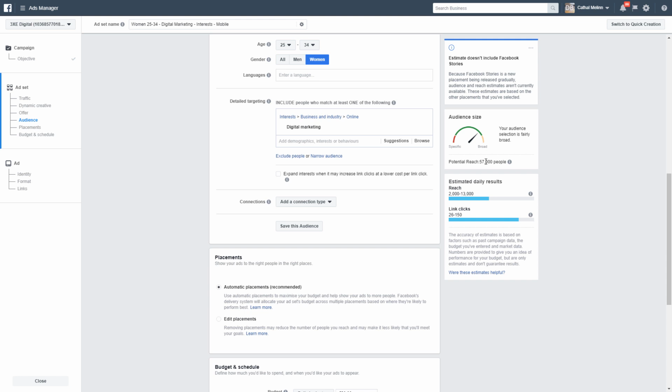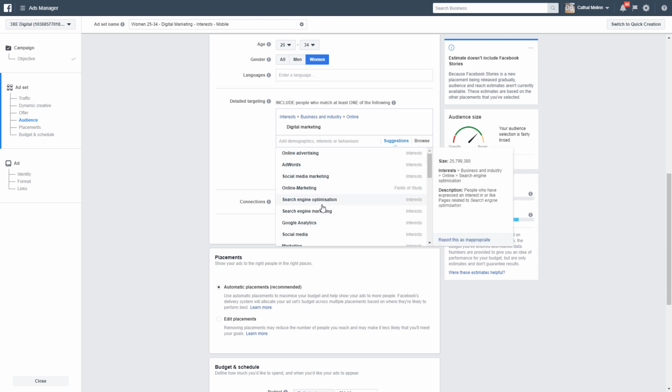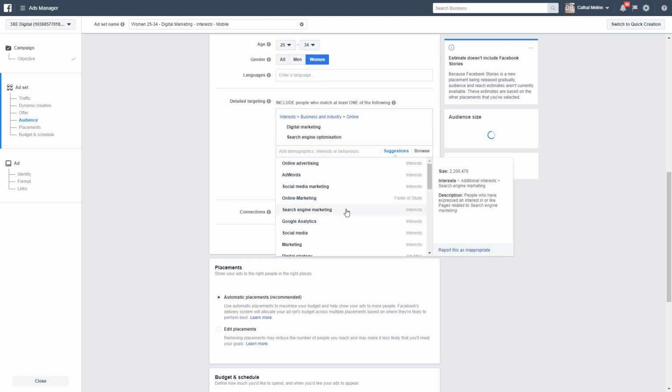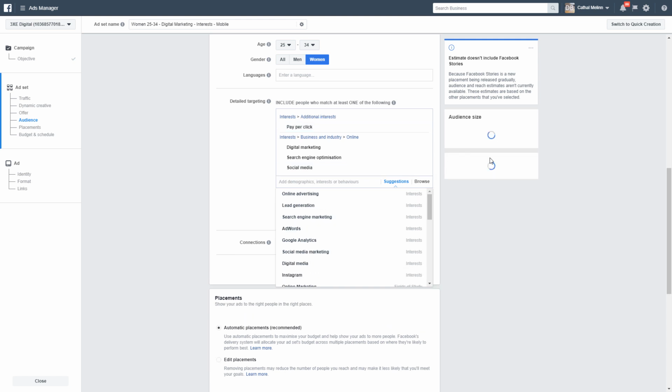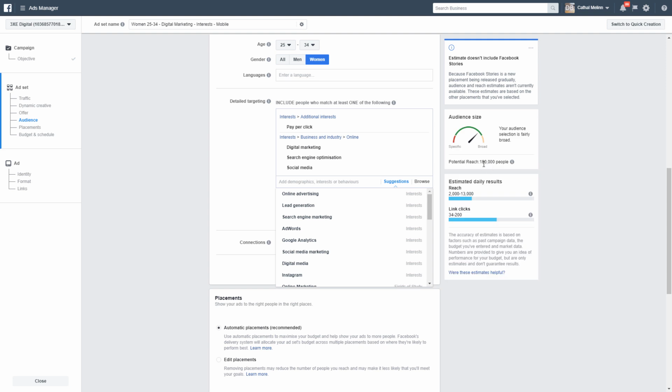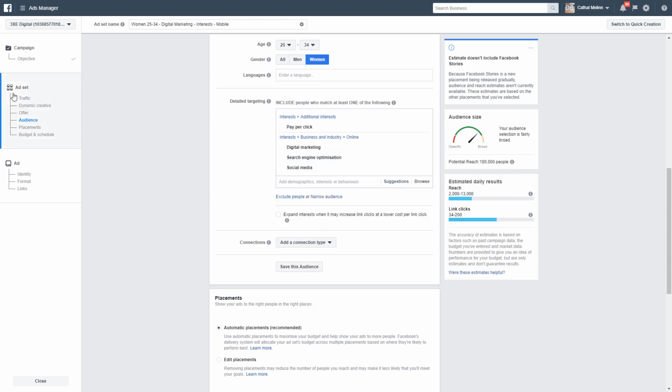We might want to increase that by maybe putting in search engine optimization or pay-per-click, social media, different things like that. So we can see it growing all the time. We're now up to 180,000 people just by adding those few additional targets. Because remember, an ad set is your targeting group. We are targeting women aged 25 to 34 interested in digital marketing, and this is where we want to do some interesting things around